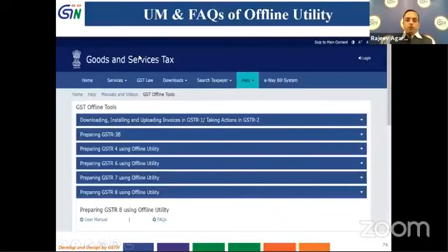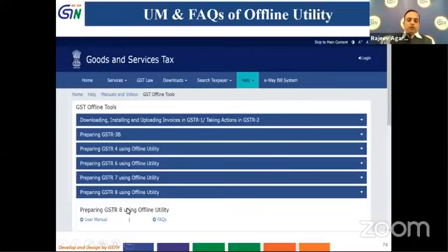Further, you can go to www.gst.gov.in. In the help section, manuals and videos are shown, and there is a preparing GSTR8 offline utility. You can click on that, then the user manual and FAQ come up. Frequently asked questions give you the answers to the frequently asked questions, and the user manual gives the step-by-step guide for filing GSTR8 using the offline utility.